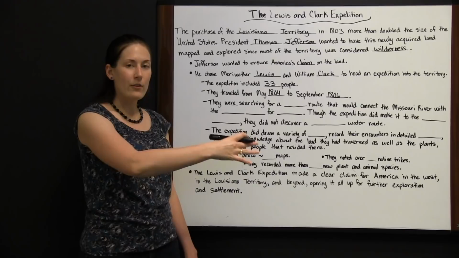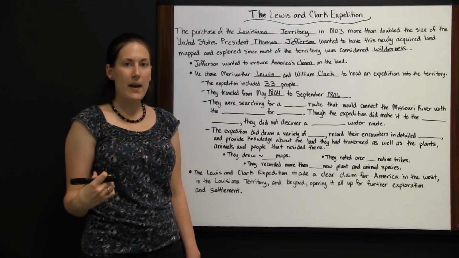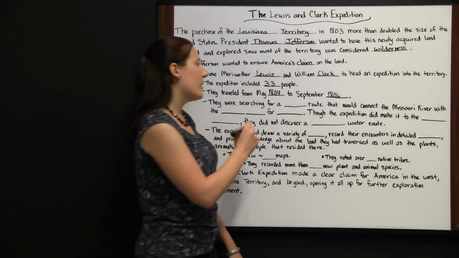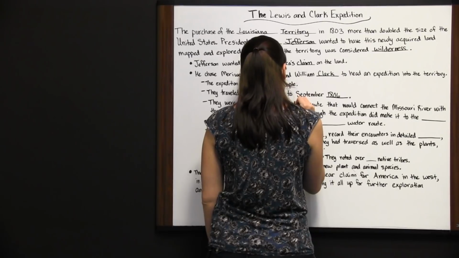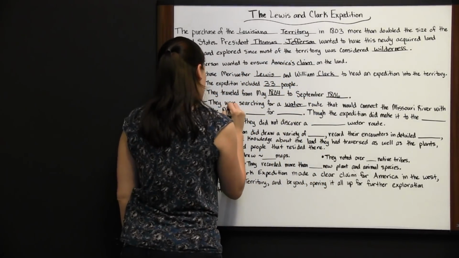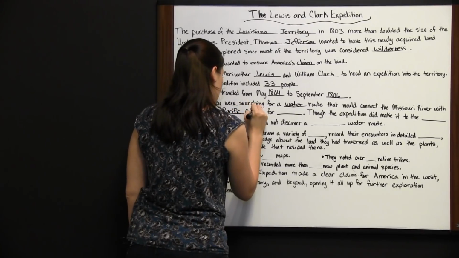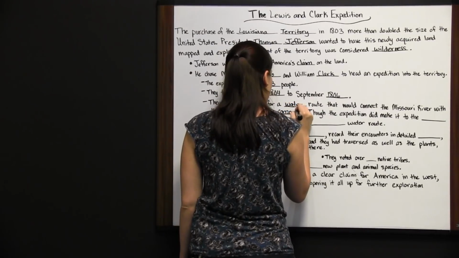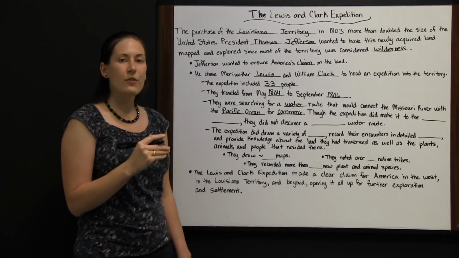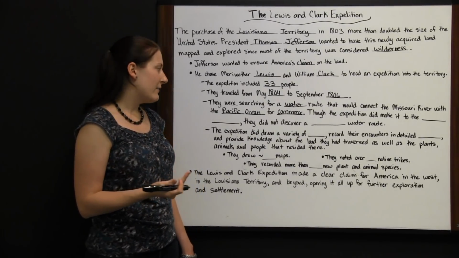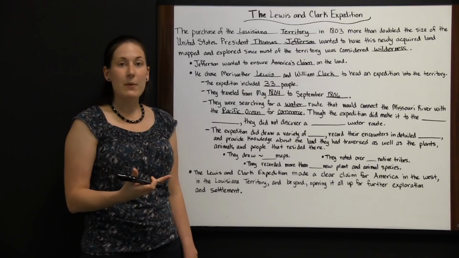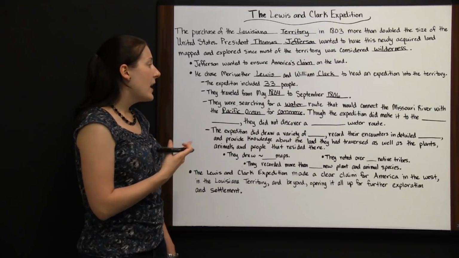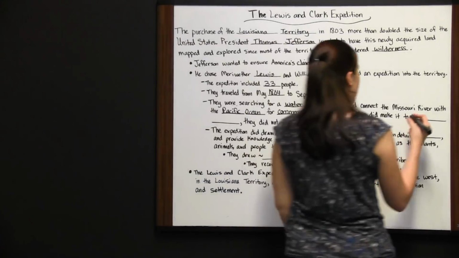It took them that long to travel across the Louisiana Territory and come back to where there were known American settlements. They were searching for a water route that would connect the Missouri River with the Pacific Ocean. And this was for commerce. If they could reach the Pacific Ocean and they could reach potential new settlements along the river, then it would be easier to transport goods back and forth. So Jefferson wanted to know if this was a possibility, so Lewis and Clark were looking for a continuous water route. Though the expedition did make it all the way to the Pacific Ocean,